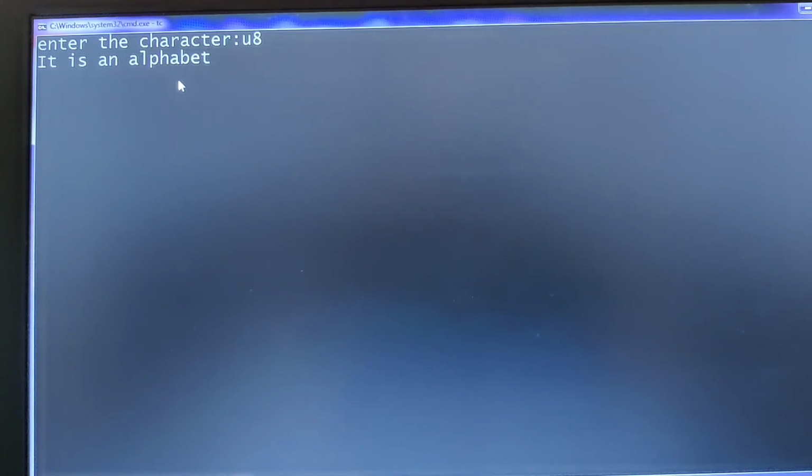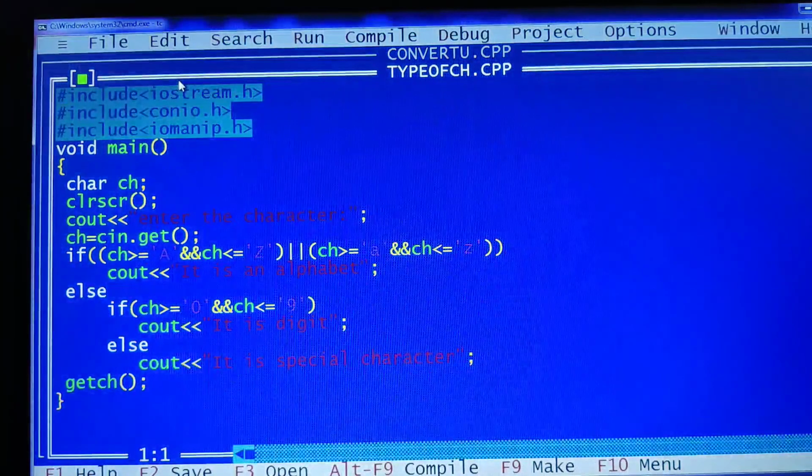I hope children you are able to understand how the get function has the capacity to read only a single character. That is why whatever the first character you give, only that character will be read. Depending upon whether it's an alphabet or a digit or a special character, it will identify and display the result.